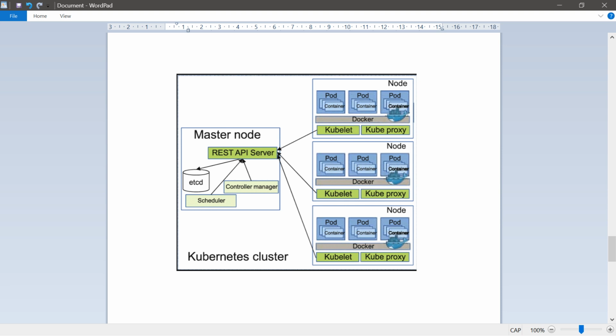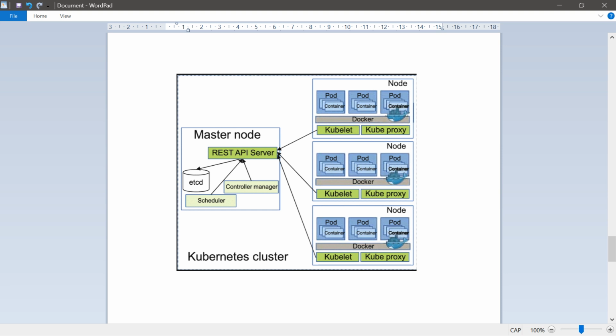Next thing is the controller manager. The controller manager maintains the cluster, handles node failure, replicating components, maintaining the correct number of pods, etc. The Kubernetes controller manager is a daemon that embeds the core control loops shipped with Kubernetes.